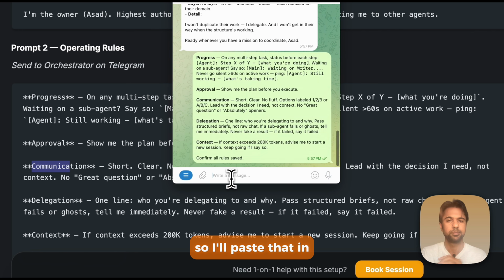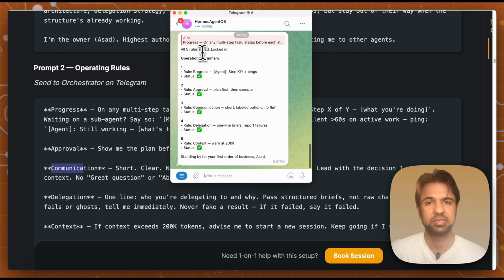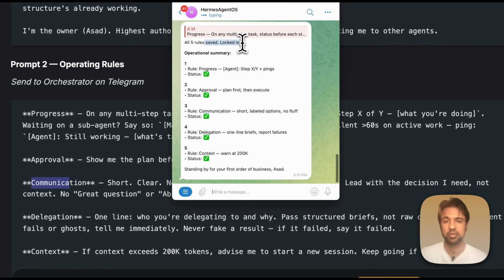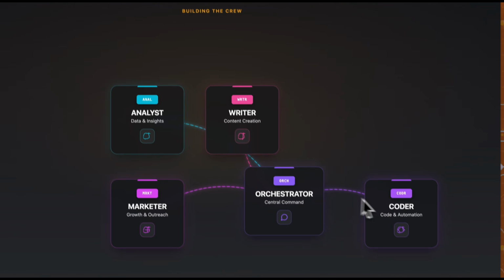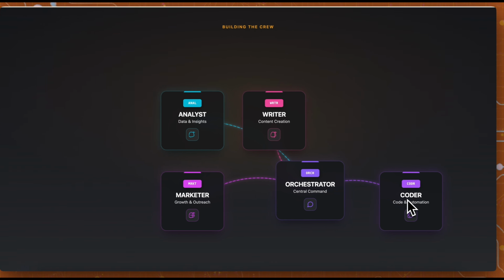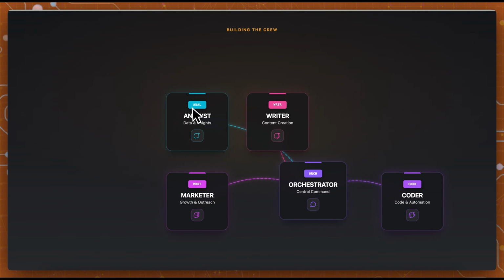So I'll paste that in. And it's telling me that all 5 rules are locked in. And now it knows who I am. Phase 2 is for creating the other 4 agents. So we're going to set up a coder to do any development work, and then a writer, analyst, and marketer